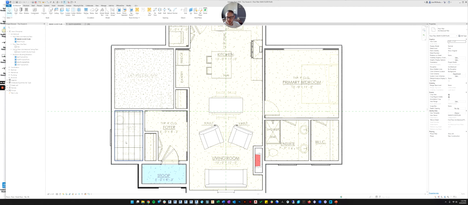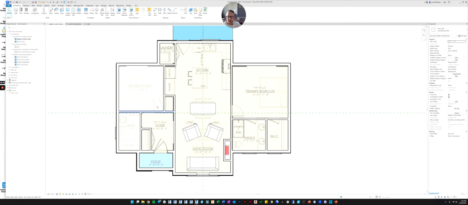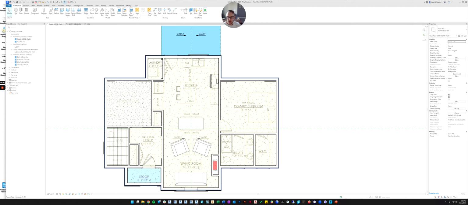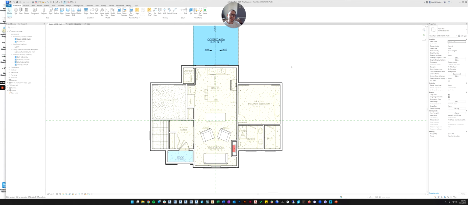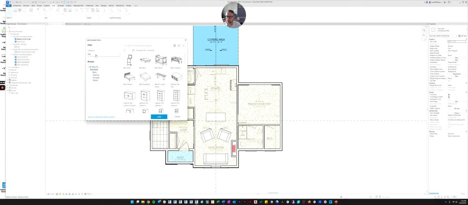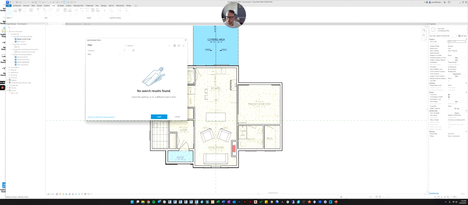Most of the stuff, the cabinets, the tub, the toilet, the washer and dryer, the fridge, the beds, all of that, either has to be loaded into your template already, or you have to go find it and load it in. You can do it through the Insert tab, and you can look at the Autodesk library, like I just said, and you can search too, like if we need a bathtub, you can hit enter and search.